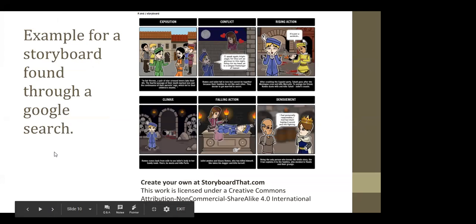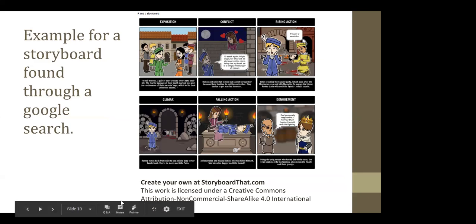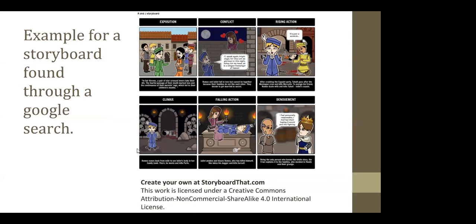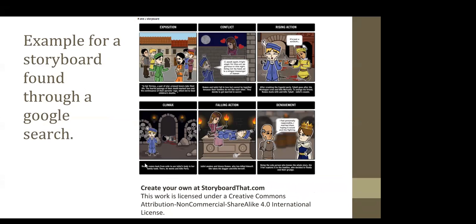Now, this is a storyboard that I had pulled from a Google search that I really liked, and I had found at the time that it stated that I could use it if I said create your own at storyboard.com. So I put that underneath there, but I wasn't 100% sure what I had or what I didn't have. This is where Meghan really came into play and showed me how to navigate around a website that I take something from to be able to see what exactly the license is allowing. So she can talk a little bit to that.